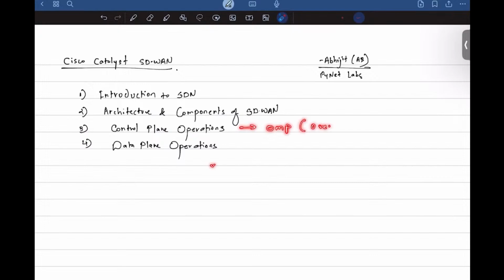It stands for Overlay Management Protocol, and that's the brain of the entire SD-WAN solution. And then how does the data plane operation work, where we will learn about the network segmentation with the help of VPN, how the site-to-site communication works, and how the dynamic tunnels are formed between the sites, which offloads the team of network engineers from the job of manually creating tunnels to every other site. And this entire thing is going to be mostly theory.